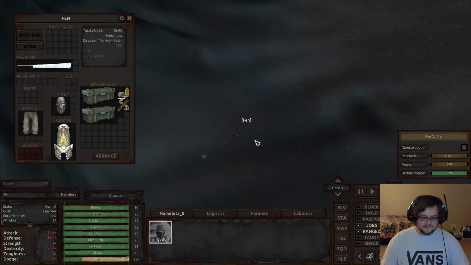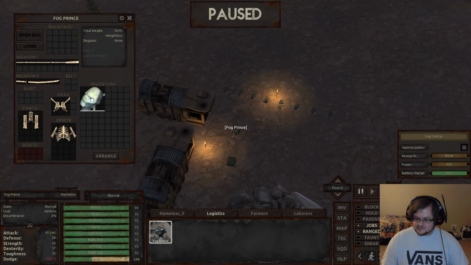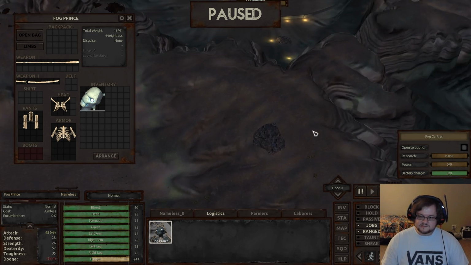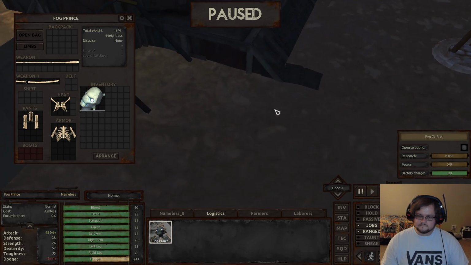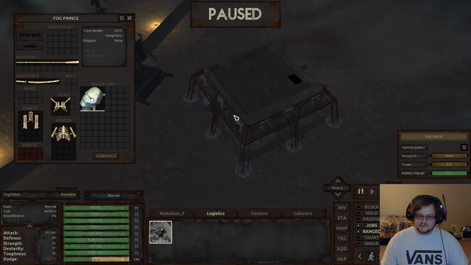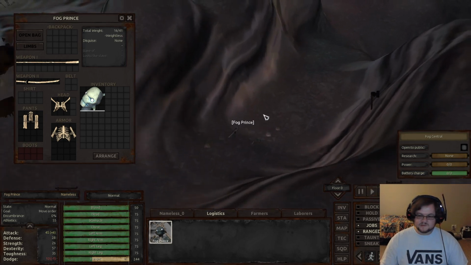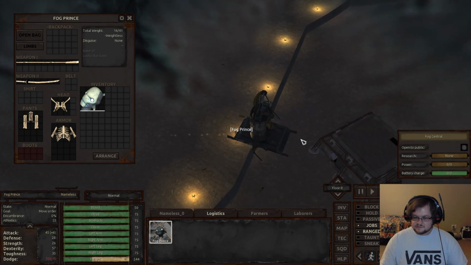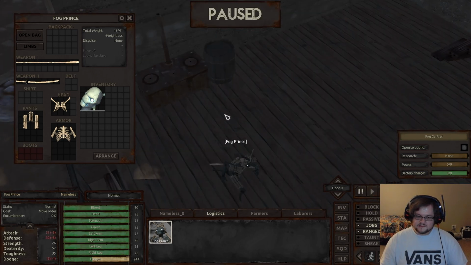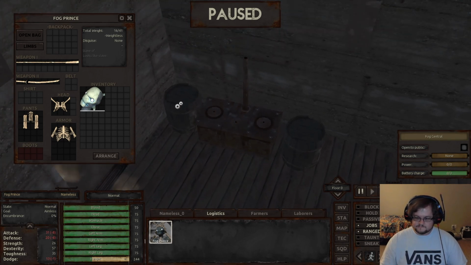Okay, so Fen's coming down with 2 logistics. Congratulations, you now have a different job. I do consider food production to be logistics, so it's just part of it. Alright, so